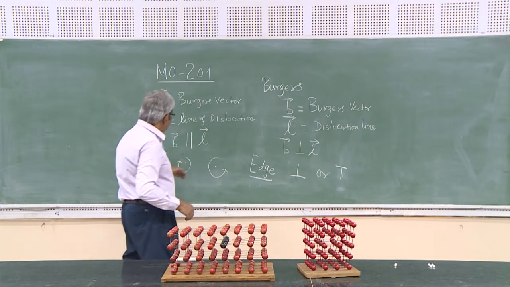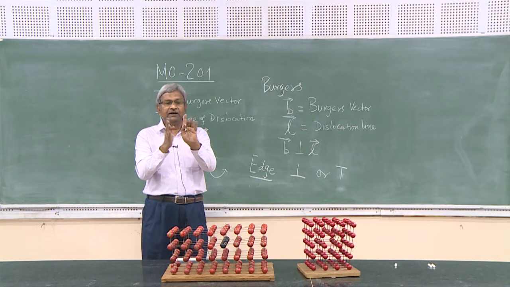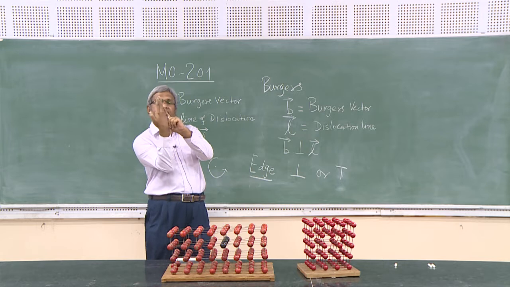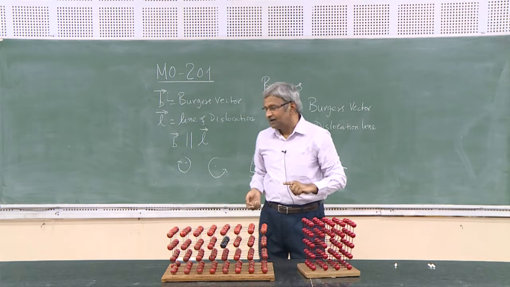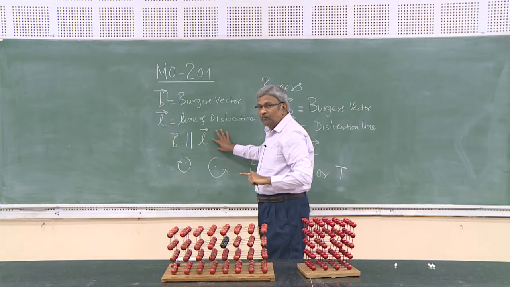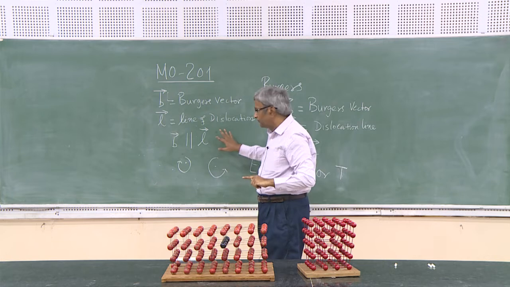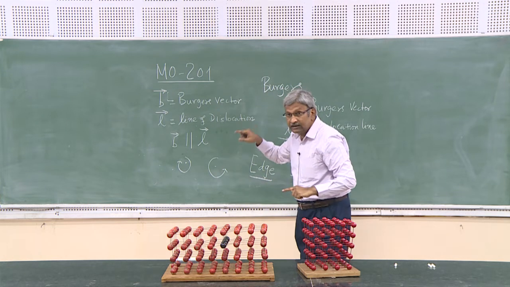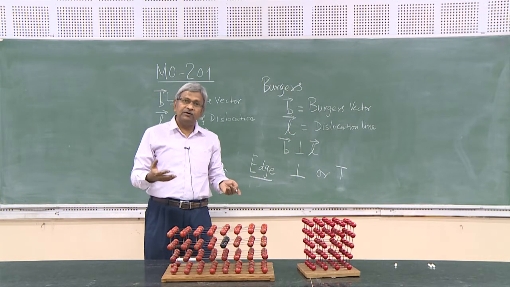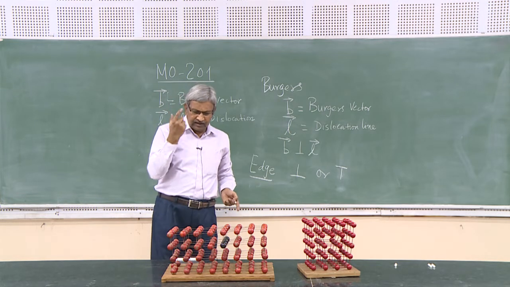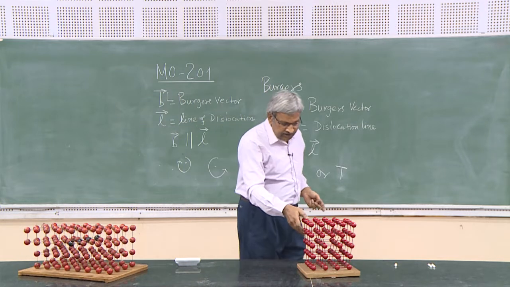But when these two are parallel, you can have infinitely many planes. This is also a plane, this is also a plane, this is also a plane, infinitely many, right. So here many planes are possible where the dislocation can move. Here there is a unique plane it has to choose for the movement. Now why I am talking about the movement, just concentrate and I will be able to demonstrate it hopefully better in the edge dislocation.